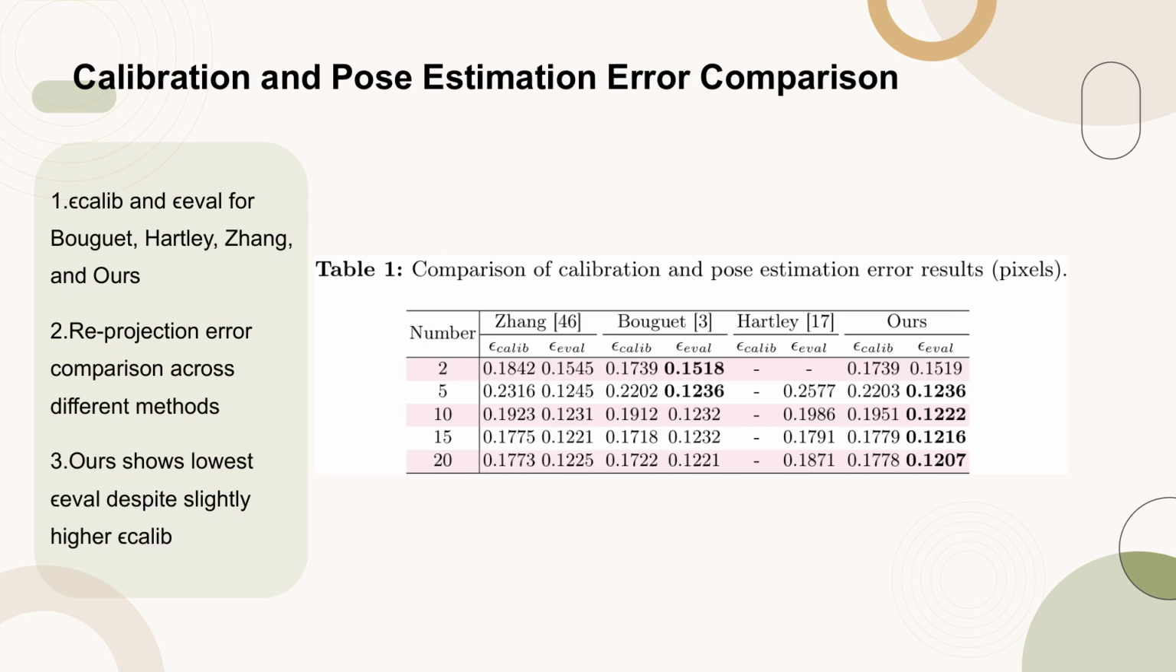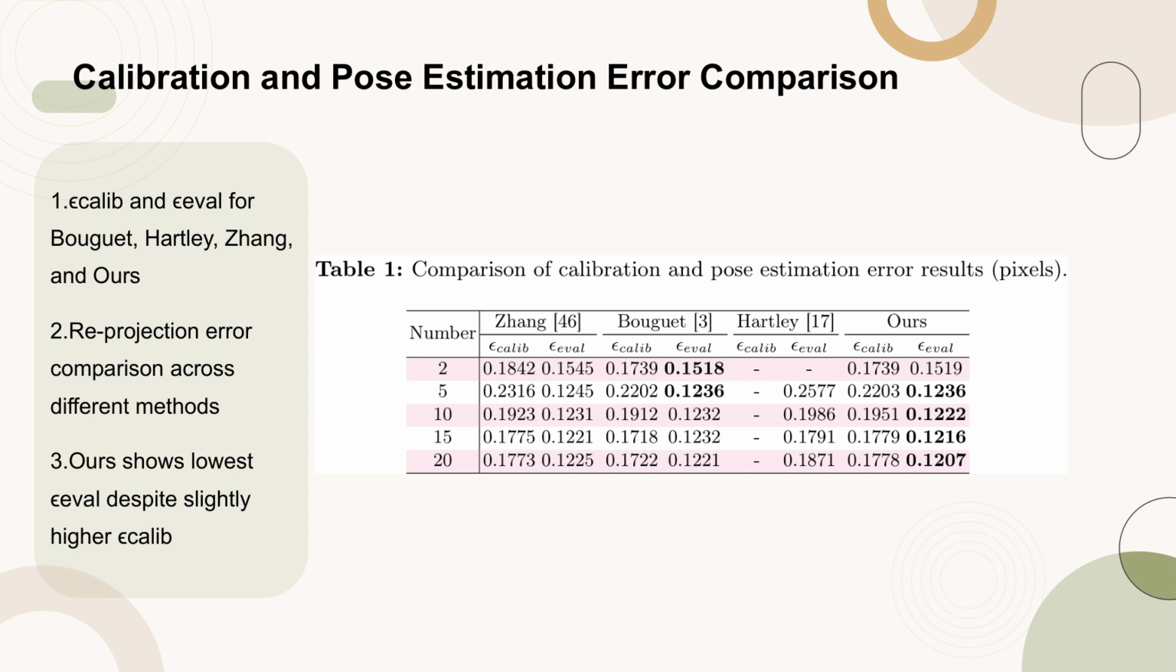Table 1 presents a comparison of calibration and pose estimation error results in pixels for 4 different methods: Baguette, Hartley, Zhang, and ours. The table details the reprojection errors denoted as calib and eval for each method across various numbers of images used for calibration. Despite having a slightly higher calibrated reprojection error, calib, our method exhibits the lowest reprojection error in evaluation images, eval, compared to the other methods, indicating that our method achieves more precise camera parameters. This comparison highlights the effectiveness of our approach in minimizing evaluation errors, which is crucial for accurate